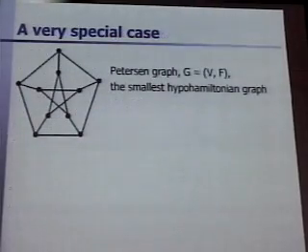And here I'll show you something weird. I mean, there is also some weird stuff. Look at this graph. That is the Petersen graph. Everybody in graph theory knows that. This is a so-called hypo-Hamiltonian graph. It has the following very strange property. It has no Hamiltonian cycle. But if you drop any node like this, then the rest has a Hamiltonian cycle. And that is not only for this one, it's true for all. The question whether these graphs exist was non-trivial to prove. And that's the smallest that exists.